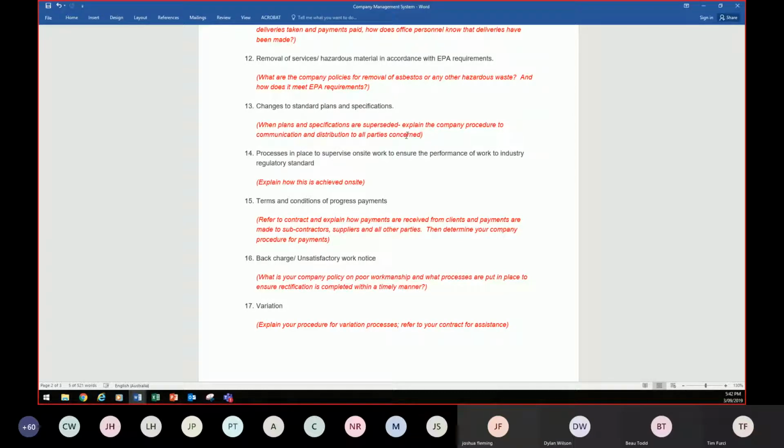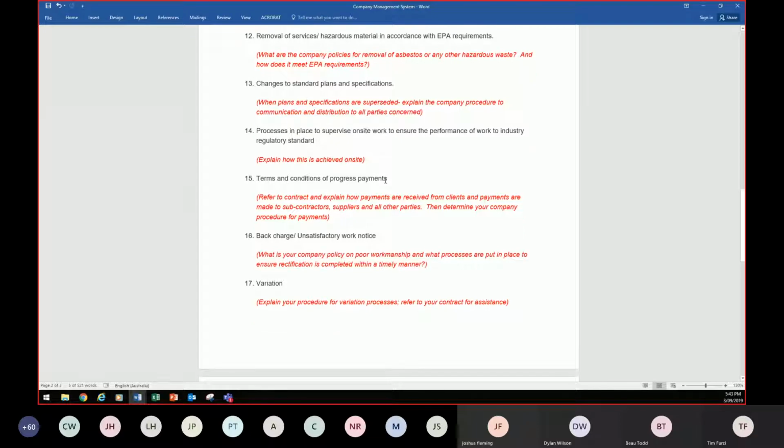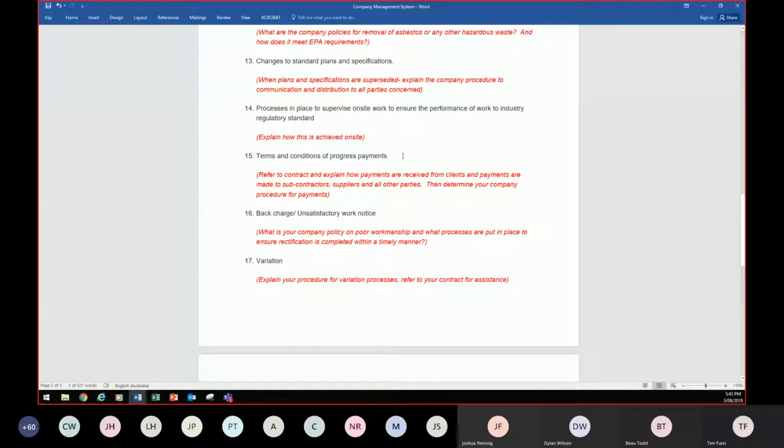They point it and they say, oh, that's been changed. Haven't you got the new plan? So you've got to come up with a system for how you're going to keep everyone on site up to date with the plans and specifications. Processes in place to supervise on-site work to ensure the performance of work to industry regulatory standard. Okay, so you've got to have processes in place to supervise and make sure that everyone's doing the job